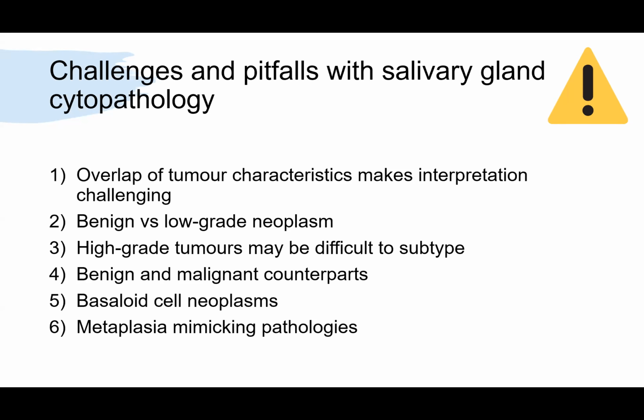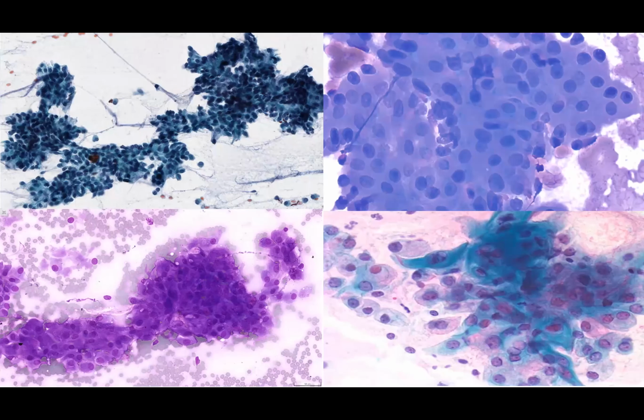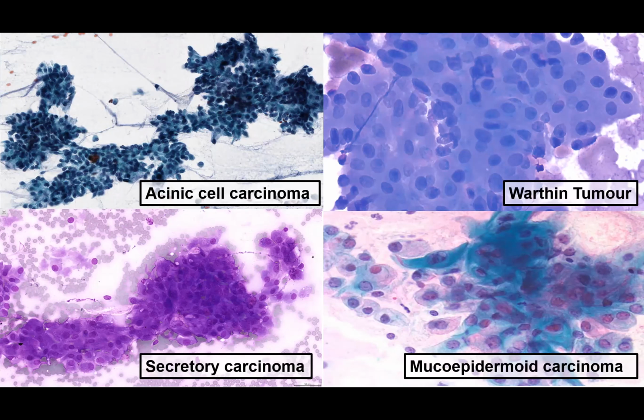Probably one of the most notoriously difficult areas is the basaloid cell neoplasm. And again, because there's such a range from the benign to the malignant, this is also going to be a huge challenge. And it's not infrequent that we do see metaplasia in salivary glands, and they love to mimic pathologies. So this is just an example in general how heterogeneous a group of tumours are, and yet there are different